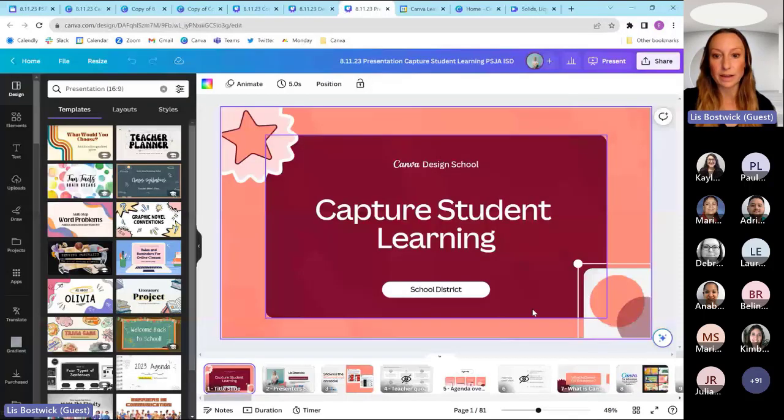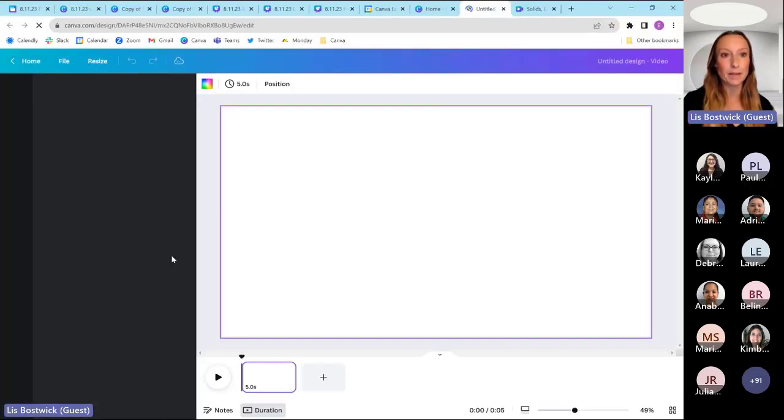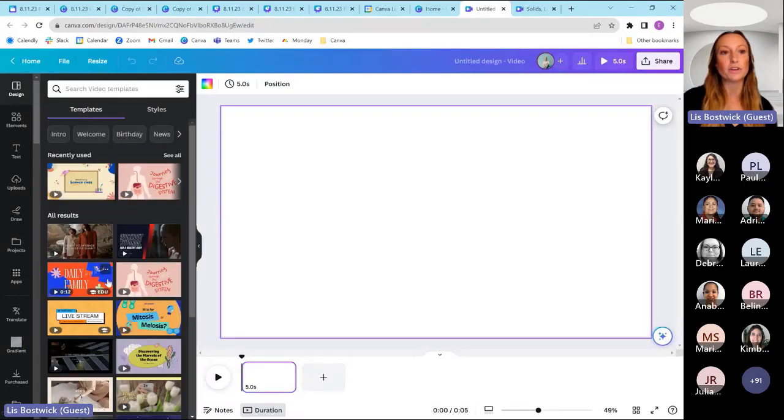What that's going to look like here is we're going to have you go right to your Canva homepage. And from the Canva home, what I'd like you to do is click on videos and then begin just by opening a blank template. You can choose to add any templates in. You can design your own slide. If you're muted here in Teams, you'll still pick up the audio by using the record yourself feature.